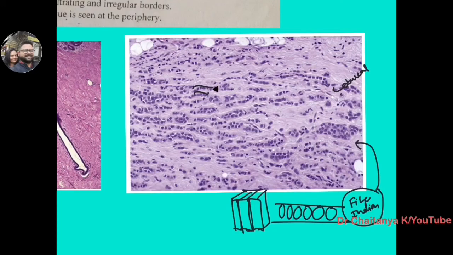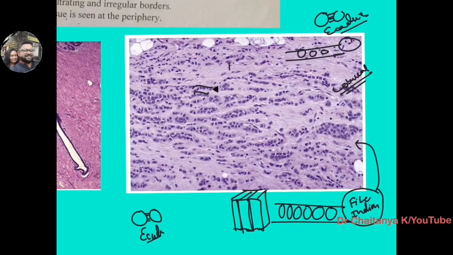Why does lobular carcinoma have this pattern? Because cells are attached to each other by E-cadherin. This E-cadherin has been lost in lobular carcinoma, so the cells become discohesive. They will become a single line or singly scattered. Here you can see some singly scattered cells. One important thing is that the cells become monotonous, small, and blue in color. These are the few features which can be seen under the microscope in lobular carcinoma.